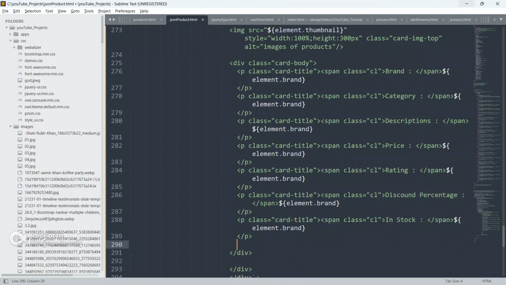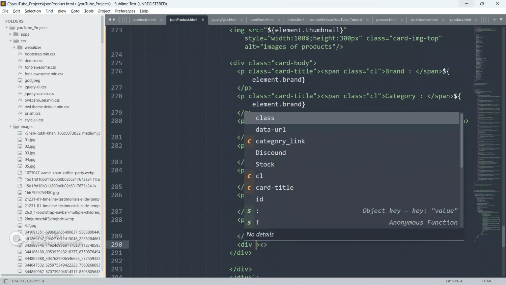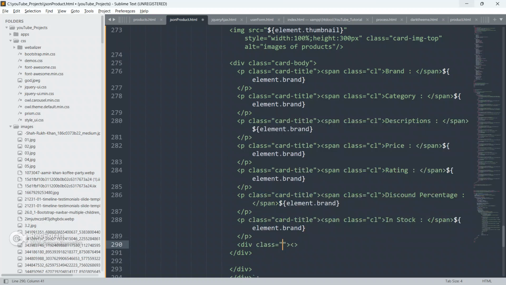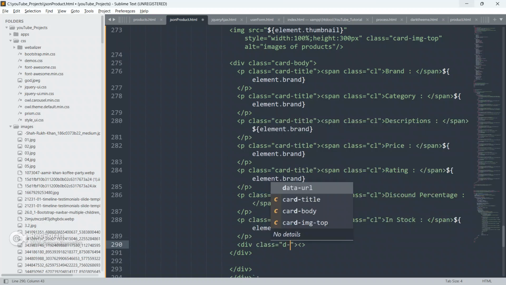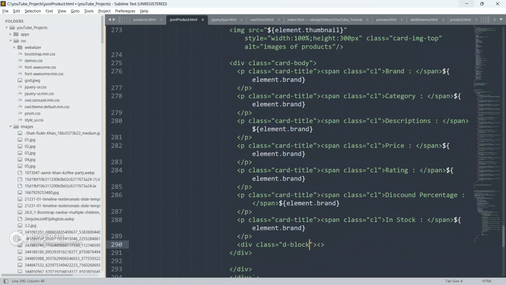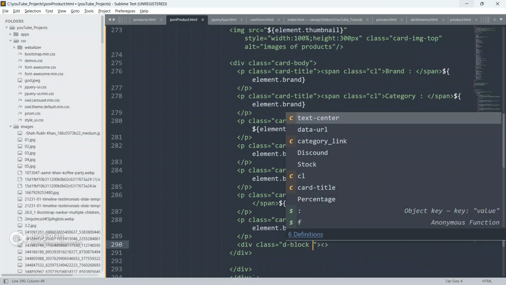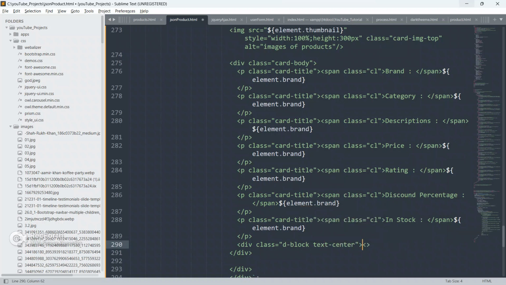Okay, and below this P, create a div element, give it a class as d-block text-center.